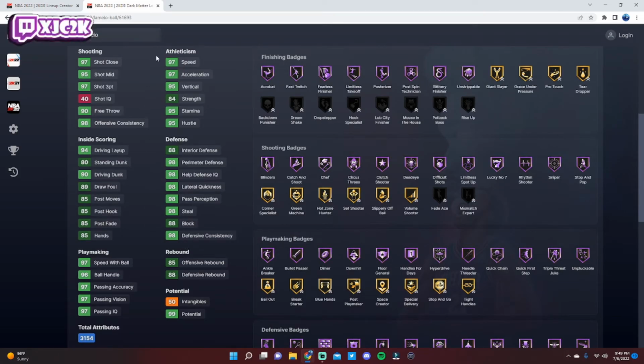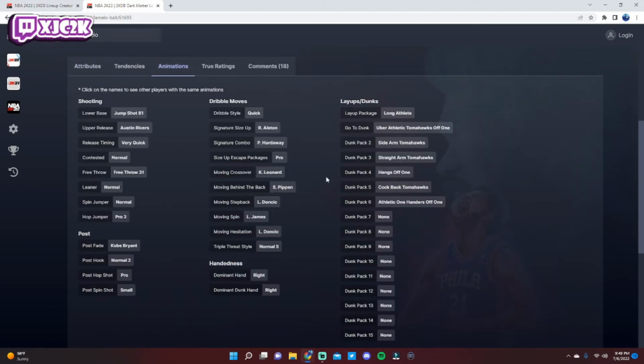Defensive stats definitely aren't bad, and he's crazy fast with really good shooting ability. Super solid dunker as well, with great safe dunks. He's got really nice safe dunks. I guess his athletic one-handers off one is his safe dunk, and it's really, really solid. Jump shot 81 on very quick is also really good with the quick dribble style and the